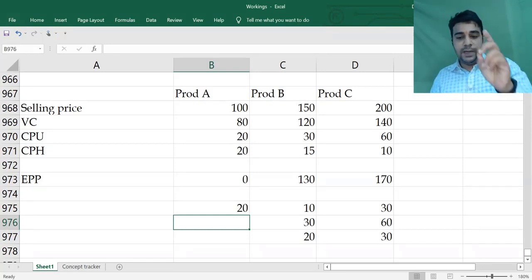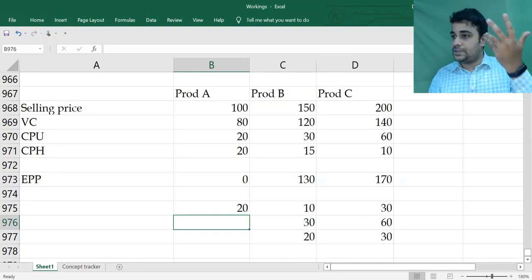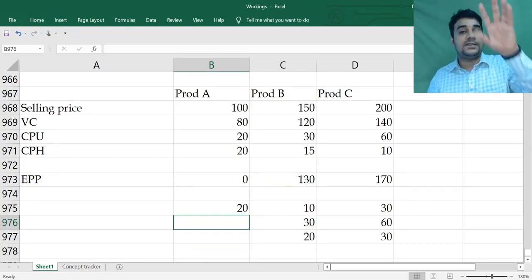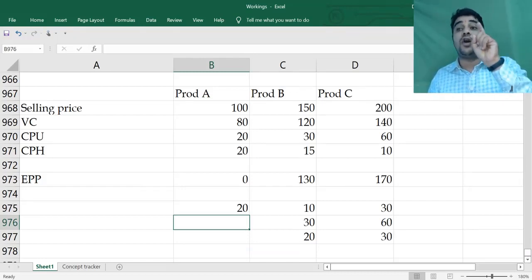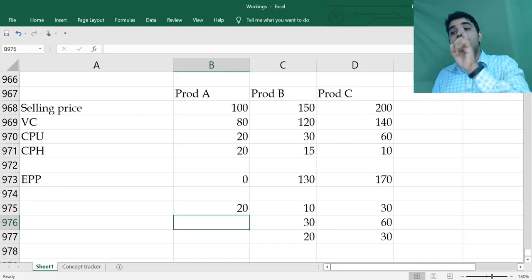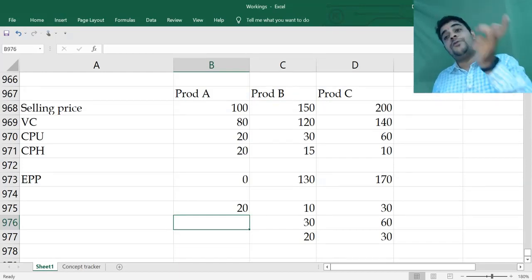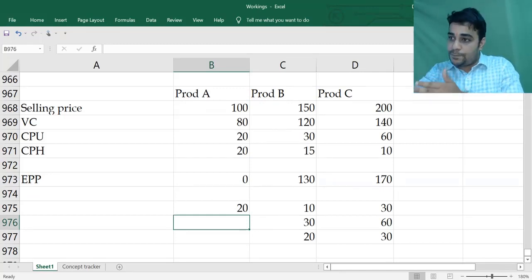Listen, there could be a problem where you have 10 products: for 4 products outside purchase is not possible, for 6 products outside purchase is possible. In the same working note, for 4 products you will calculate contribution per hour, for 6 products you will calculate saving per hour, and then do the ranking and then the allocation. The allocation will tell whether you manufacture or not. Finally, your external sale can be even more than your allocation because you have an option of buying and selling. Any doubts on this concept?